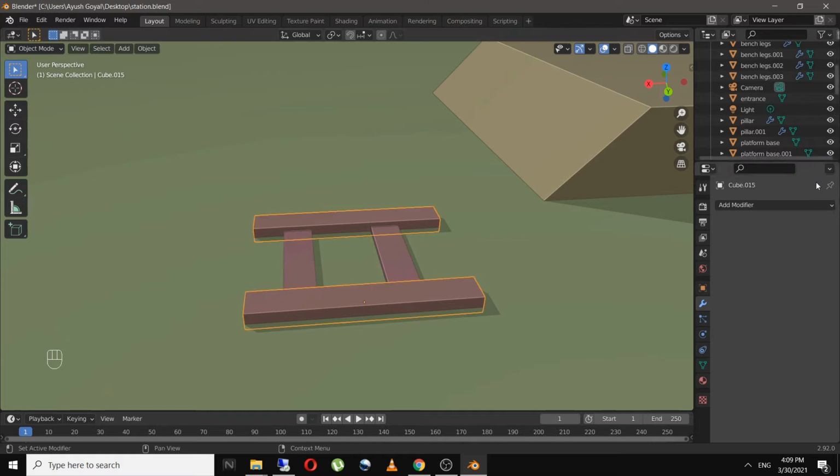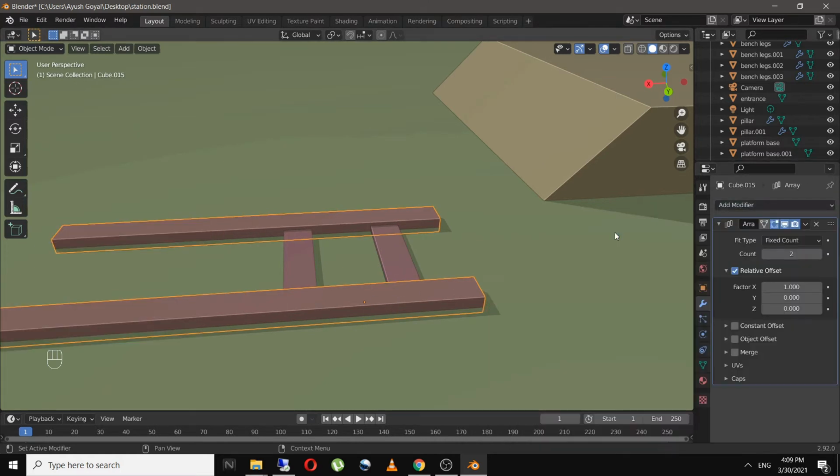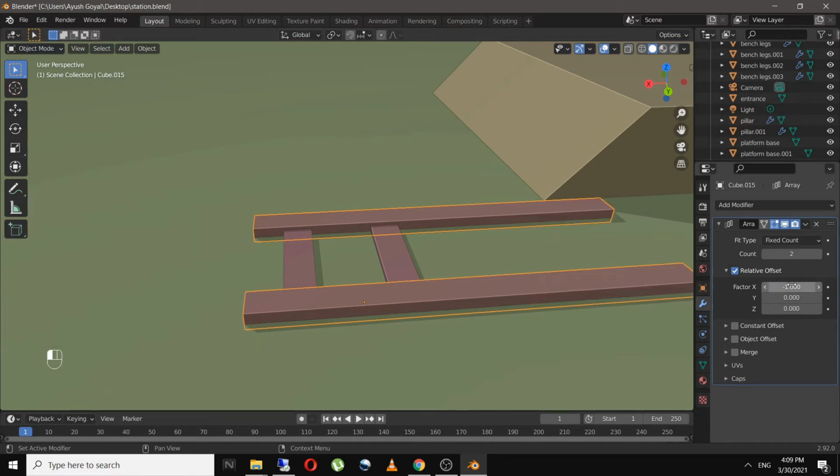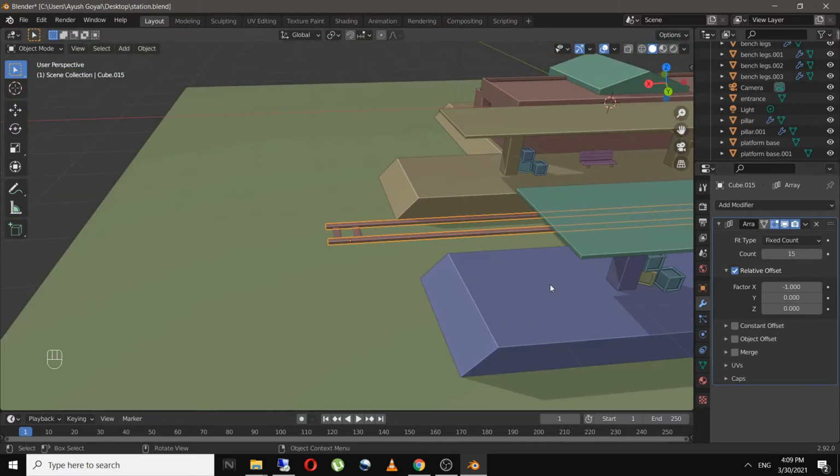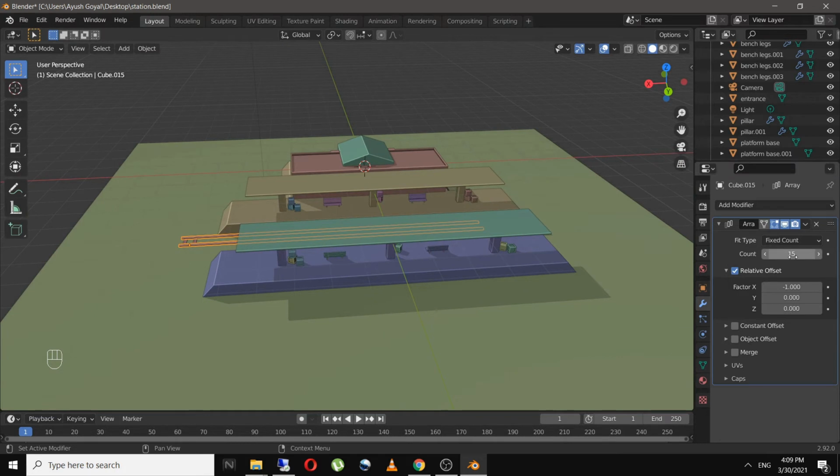So what I'm going to do now is add in an array modifier at -1 and increase the count to 15, maybe 20, and do the same with these.